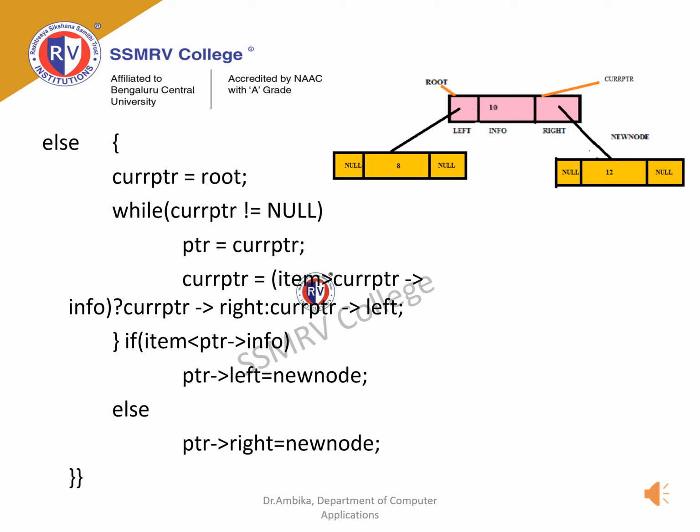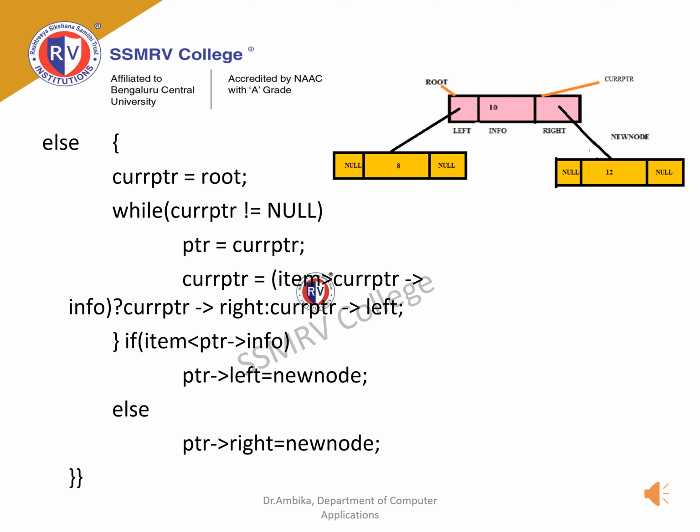Tracing the else loop, CURR points to the same location as the root. Another pointer, PTR, is pointing to the same location, that is the root. CURR and PTR point to the number 10 node.